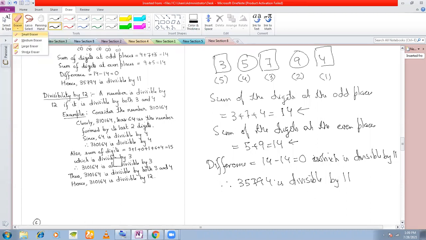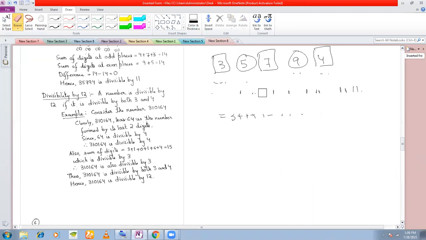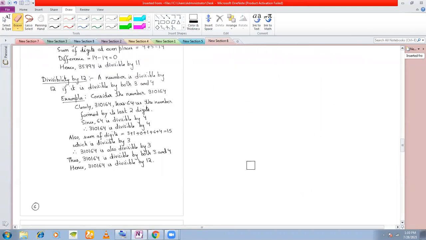I'm sure you have understood. Yes, sir. We'll move on to the next number, which is 12. This is not given in your textbook actually, divisibility by 12, but I have discussed. A number is divisible by 12 if it is divisible by both 3 and 4. Just like your 6, when was 6 divisible? When it was divisible by both 2 and 3. So a number is divisible by 12 if it is divisible by both 3 and 4. Okay, so consider this number